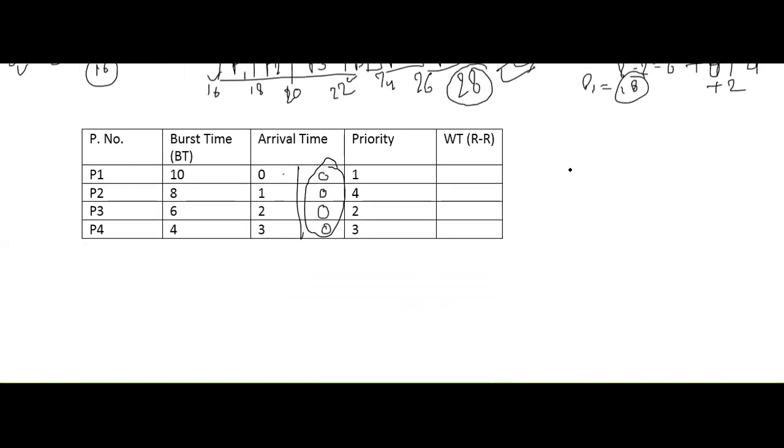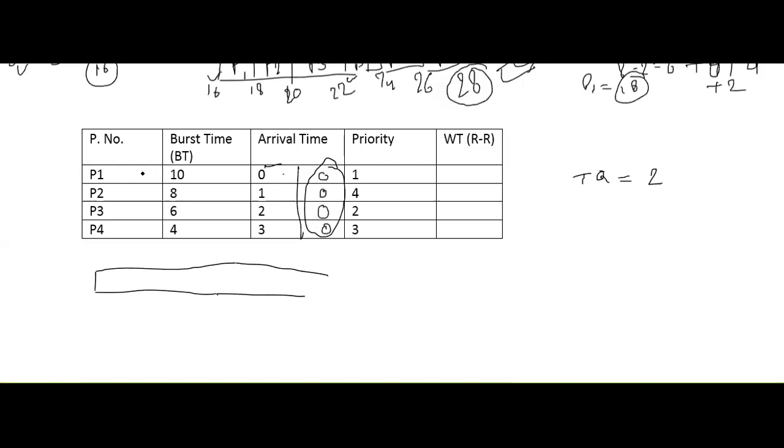Once again I am assuming that the time quantum is 2 units of time. So let's try to design a chart with time quantum 2 and arrival times 0, 1, 2, 3. Be careful, because this is the most important aspect of round robin, where most students generally make lots of errors.